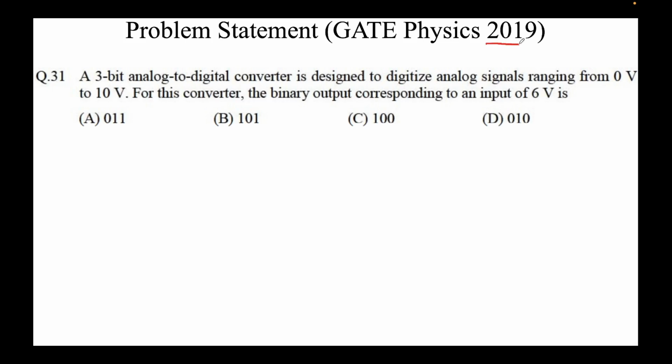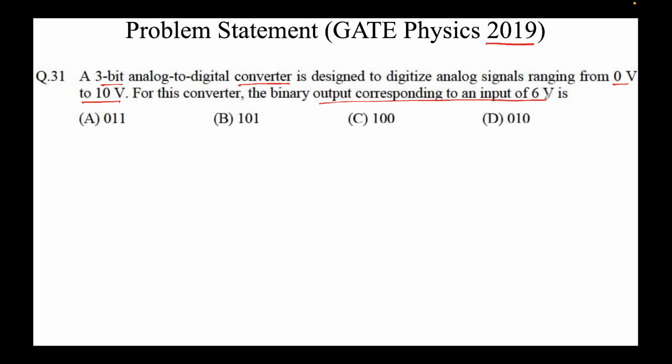The problem statement from GATE Physics 2019 reads as follows. A 3-bit analog to digital converter is designed to digitize analog signals ranging from 0 volts to 10 volts. For this converter, the binary output corresponding to an input of 6 volts is. This is a multiple choice question with one correct answer, and you need to find the correct answer among these